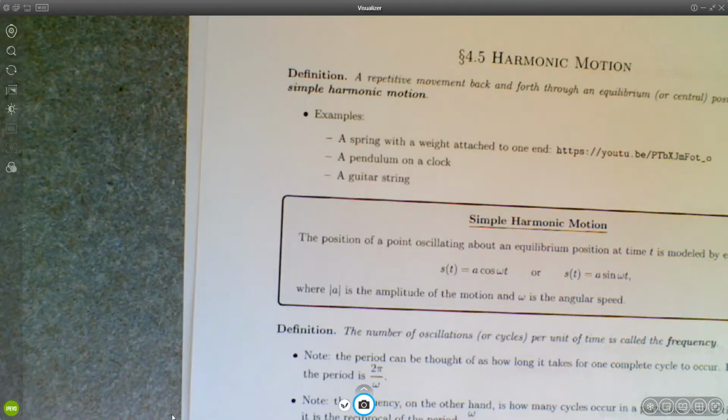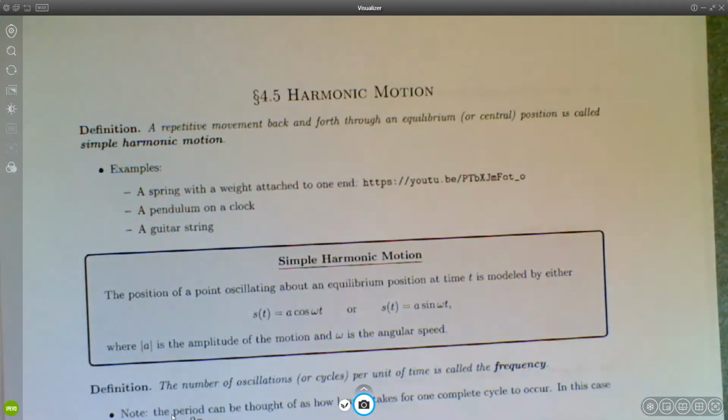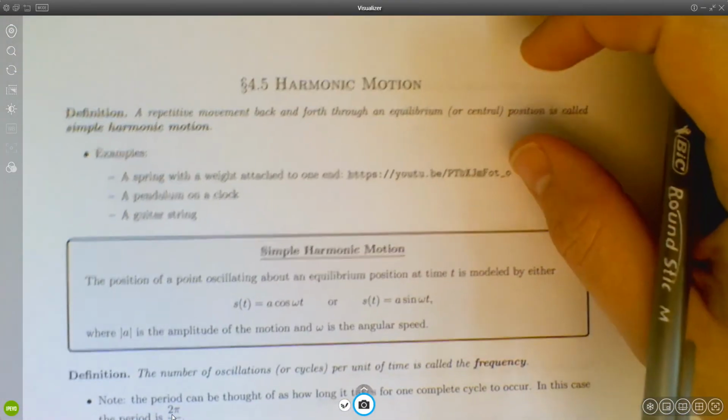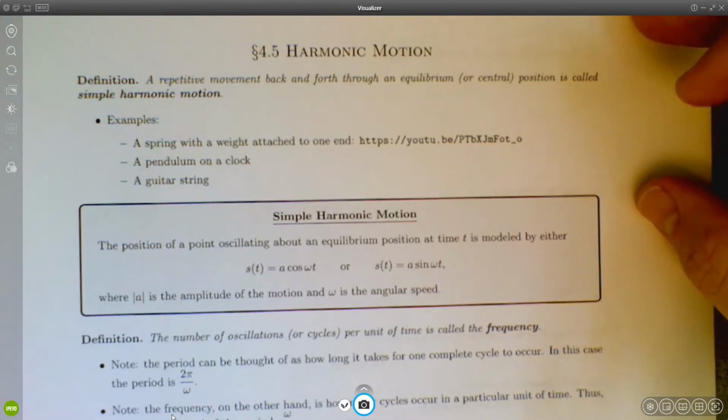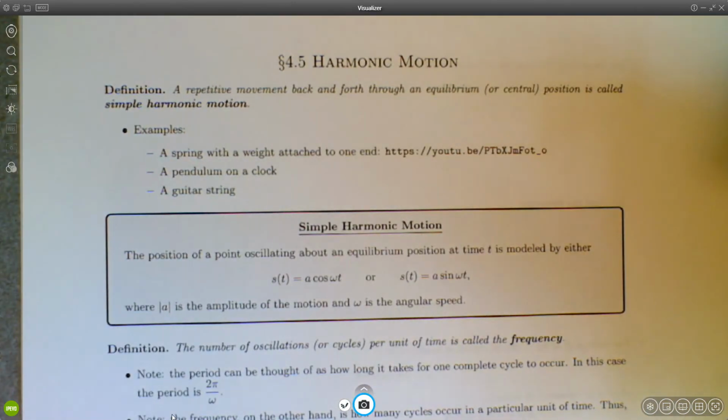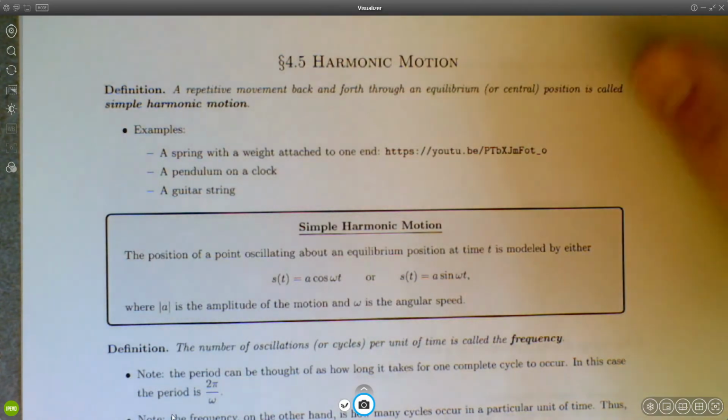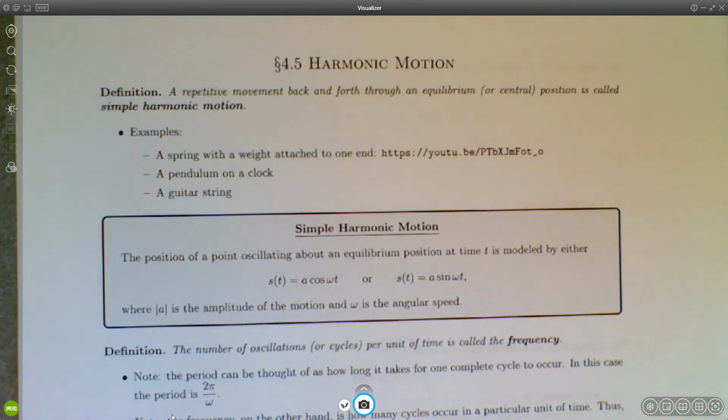Okay, so let's finish up our discussion of section 4.5 by looking at harmonic motion. I'm not going to get into a ton of detail about this. A lot of these are physics topics that would be best taught by your physics instructor, but we can at least get our feet wet a little bit with some of these kinds of things. Anyway,